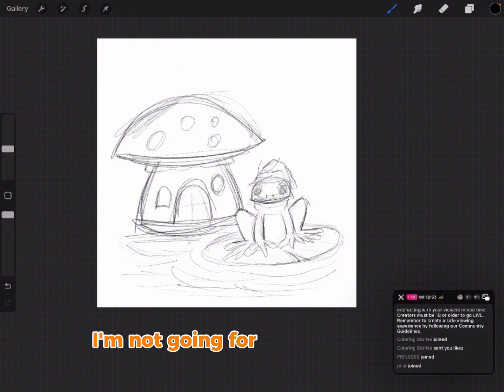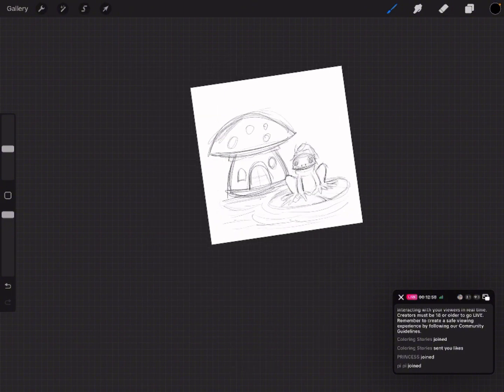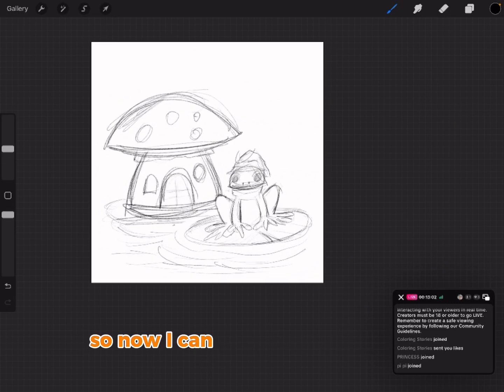I'm not going for the minimalist style. So I'm going for the whimsical style. This is going to be covered in water. It's going to be sitting on the water. So now I can add other things to this. Now I can add,